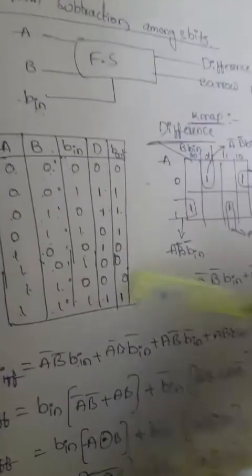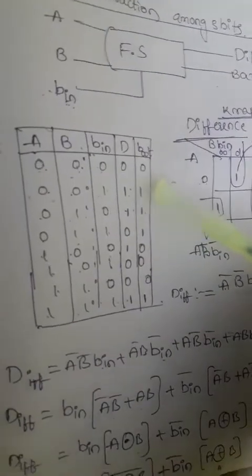Okay, so this is also 3 variables, right? Then you can choose it as A, B, B inputs. So then we'll get the 8 possibilities here, 0, 1, 0, 0, 0, 1, 1, 0. Now write the values here. At which state we are having the minterms? 0, 0, 1 state first. 0, 0, 1 here. And the next one is 0, 1, 0. And the next state is 0, 1, 1.